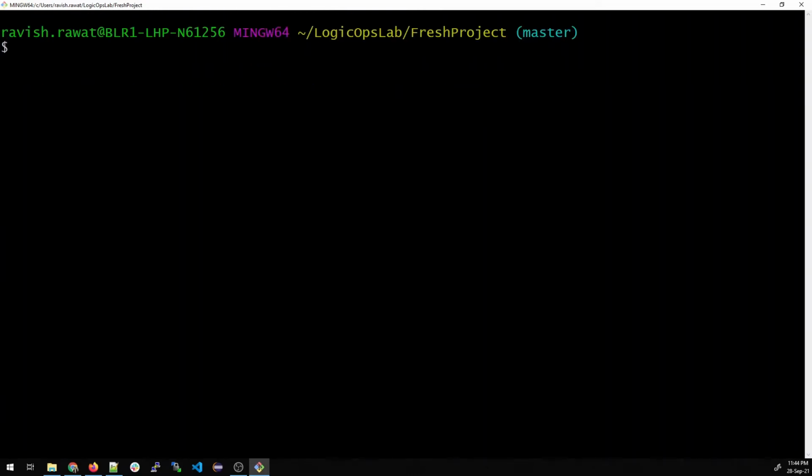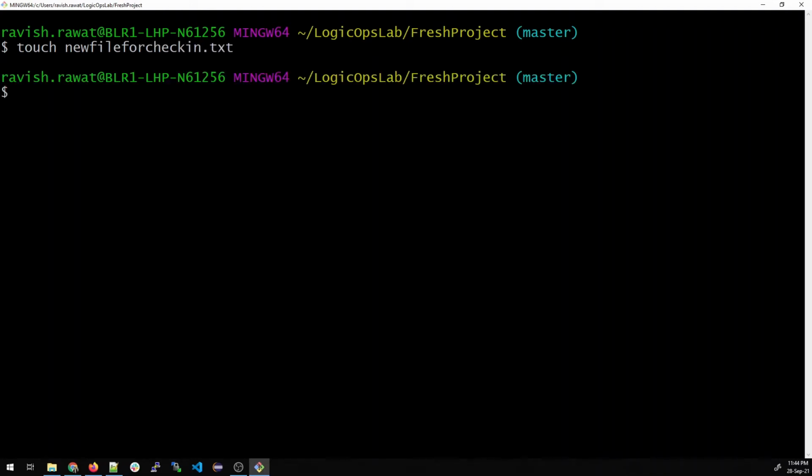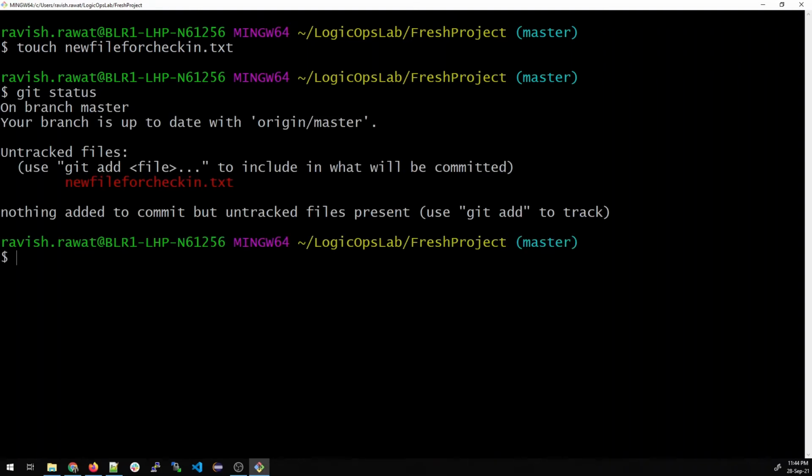If I create one file over here, let me touch new file checkin.txt. So we have created a new file. Let us do the git status. You can see there is a new untracked file. So let's commit it.